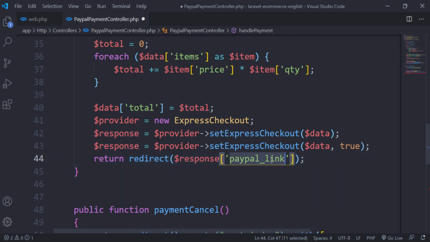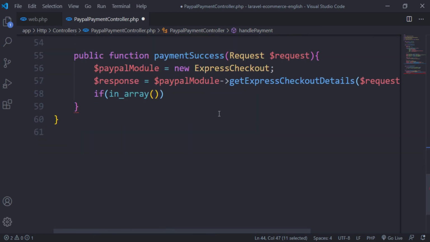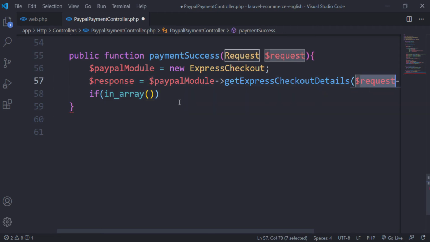We redirect the user to the key, which is the link of the payment. We will see that when we use the package to pay our orders. We will see that we get a token, and this token returns a response, and the response will be an array, and we check in this array if we have